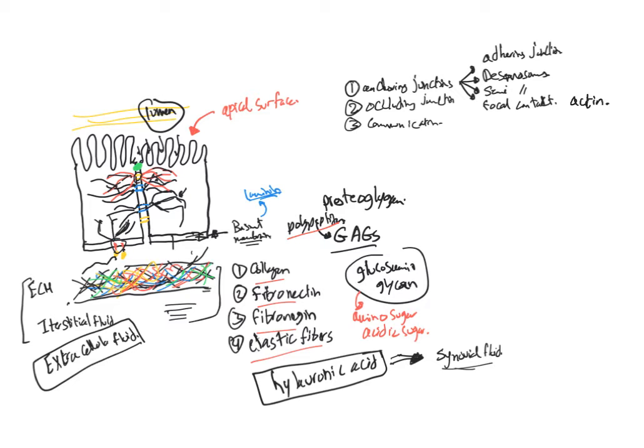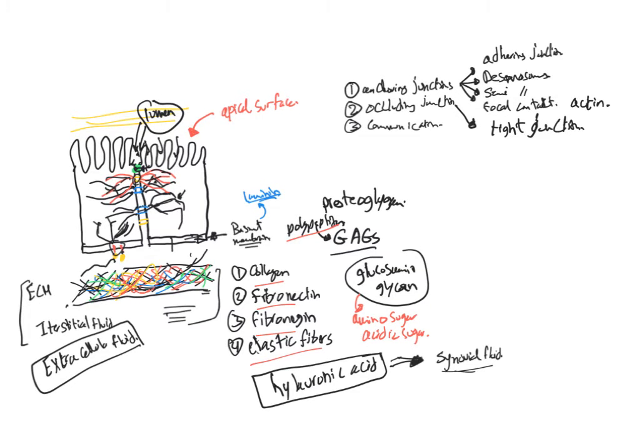For the occluding junction, we have only one. So we're having only one type, which is the tight junctions. And the tight junctions, it's basically here on the top, right underneath the apical surface. And the reason why it's right underneath the apical surface is that it creates sealing parts. So it seals both of the cells together so tightly so that nothing from the lumen gets in by mistake. So let's say like toxins or unwanted substances or anything like that could actually leak through the cells, which is unneeded. And for communication, we're having